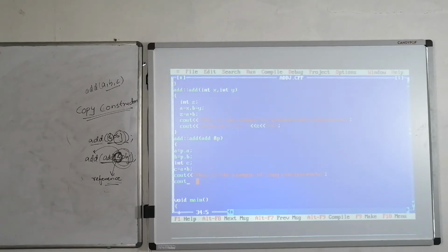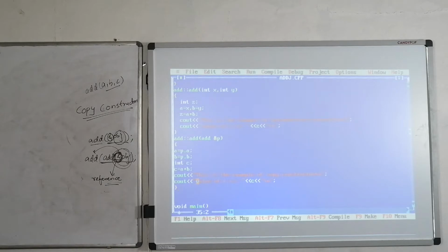Now cout, value of C is, C, new line, close the braces. Here we are defining the copy constructor outside the class.